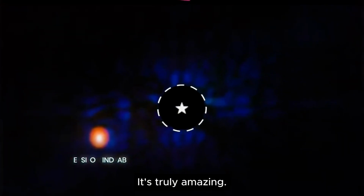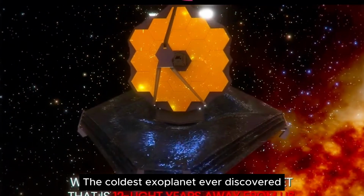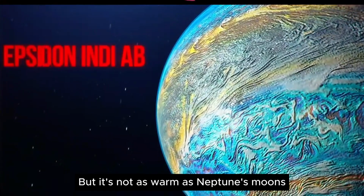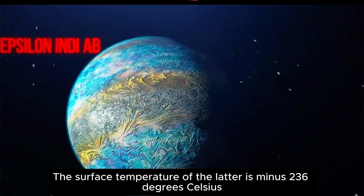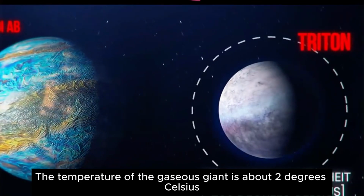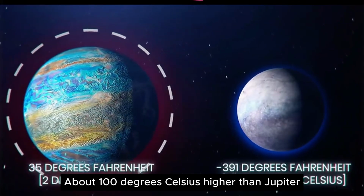It's truly amazing, although this planet is thought to have been the coldest exoplanet ever discovered. But it's not as cold as Neptune's moons. The surface temperature of the latter is minus 236 degrees Celsius. And this one, the temperature of the gaseous giant is about 2 degrees Celsius, about 100 degrees Celsius higher than